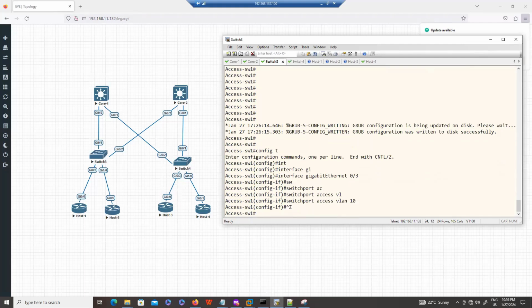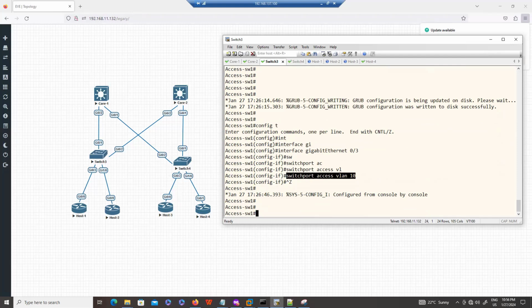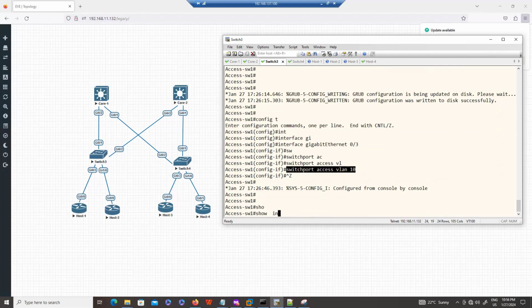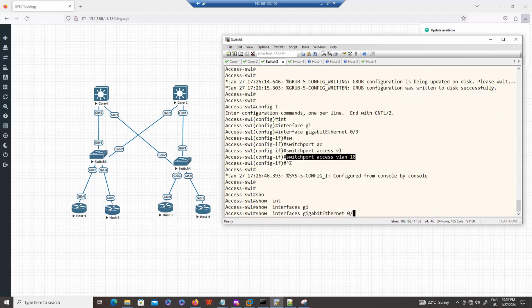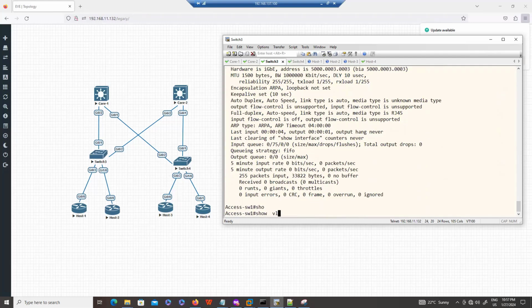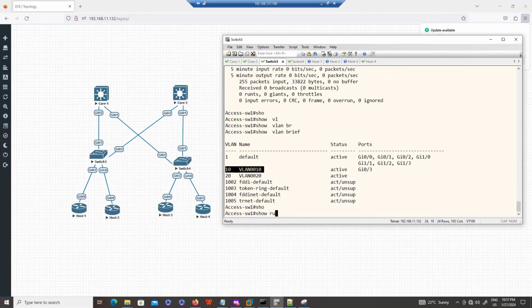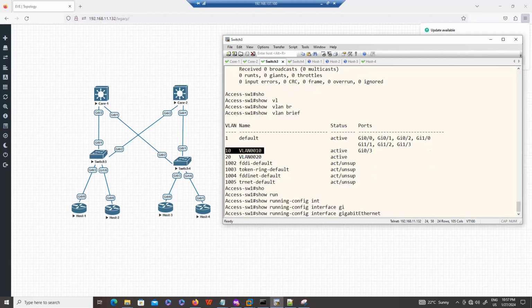And if you see, just after configuring this command, show interface gigabit 0/3, you can see, note this output, show vlan brief. You can see this port now participates in VLAN 10. And if you see the configuration, only a single command.